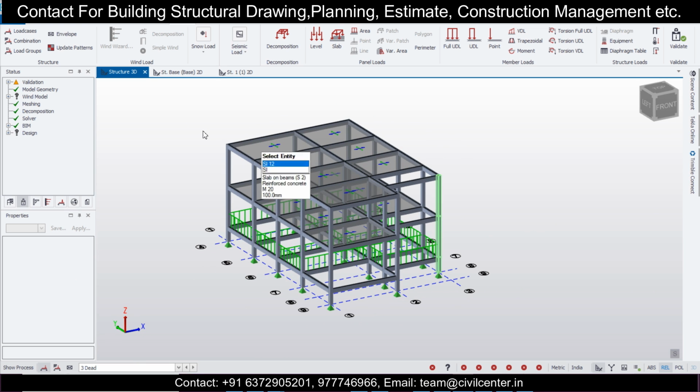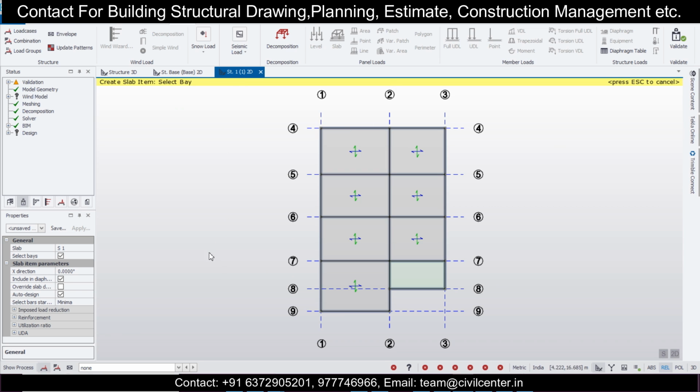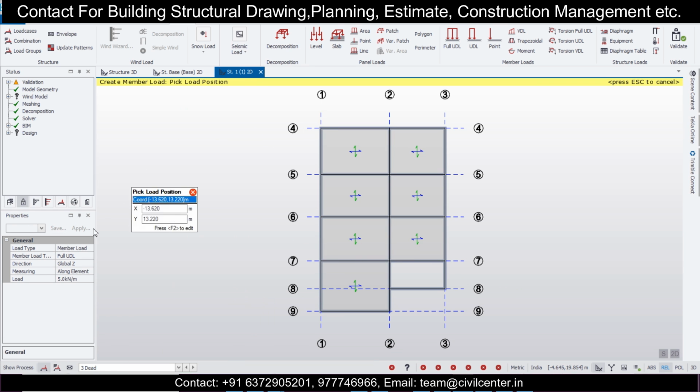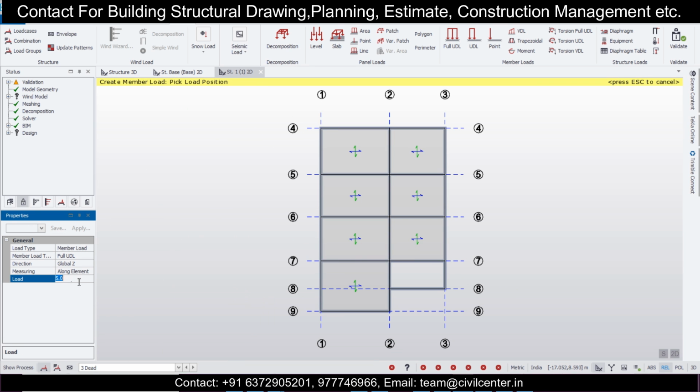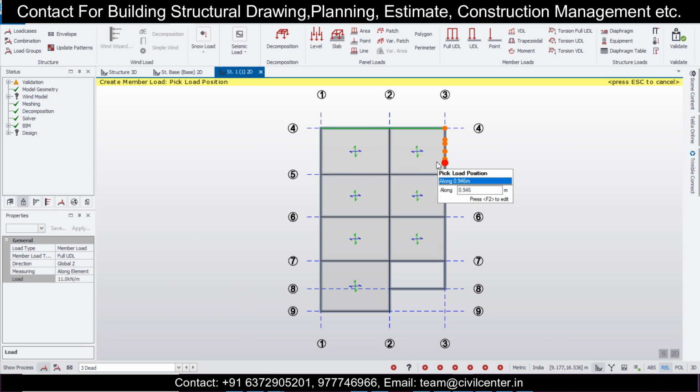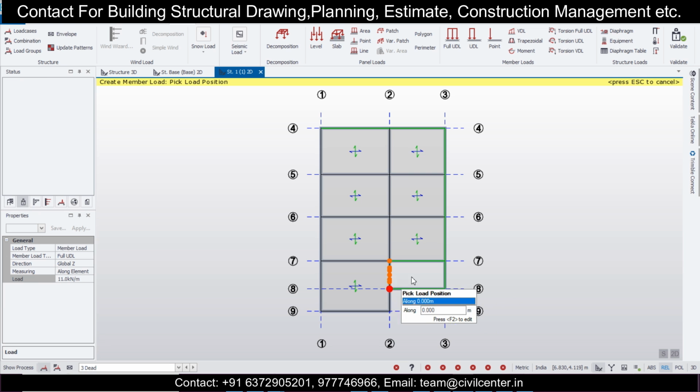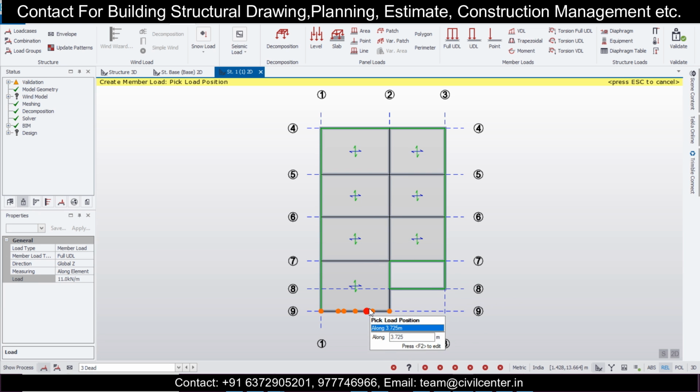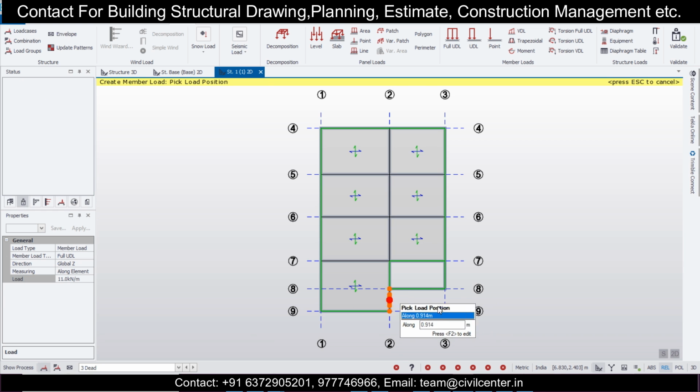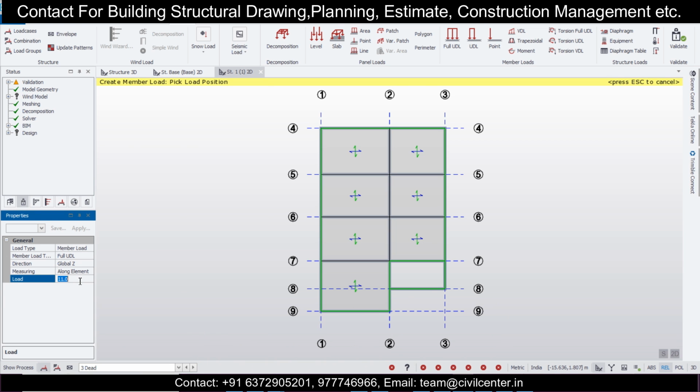Now let's go for the next portion very quickly, because I don't want the video to be repetitive, because if you practice the entire video step by step you will be able to do it. So 11 for the outer ones, I'll do it as quickly as I can, so that I can complete the design for you in a suitable time. I don't want the video to extend a lot. And I'm applying 5 kilonewton for the inner walls.